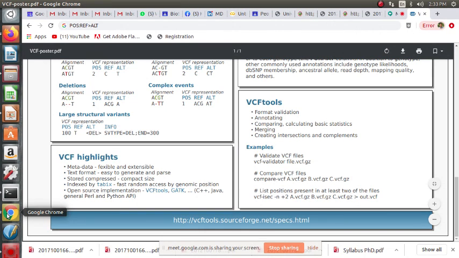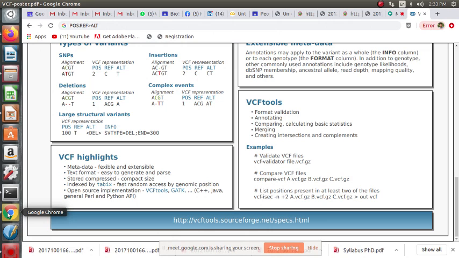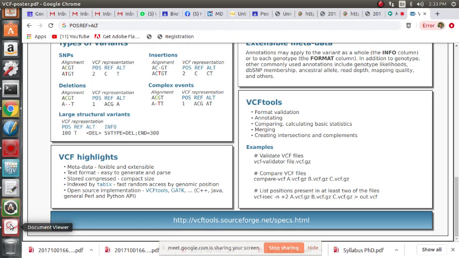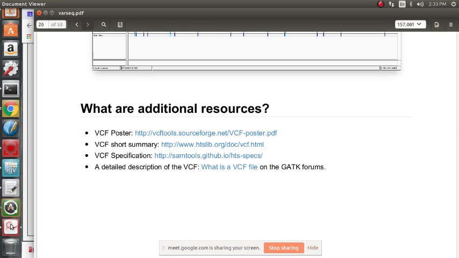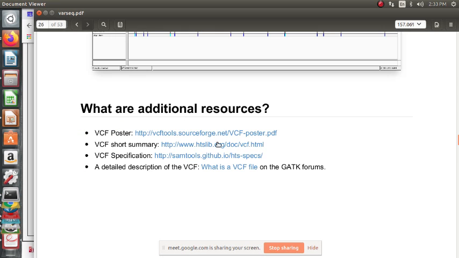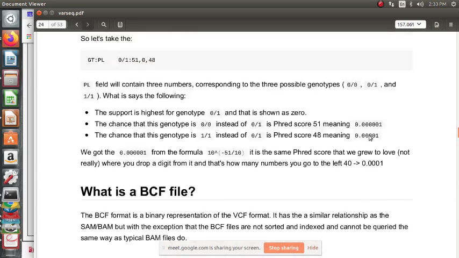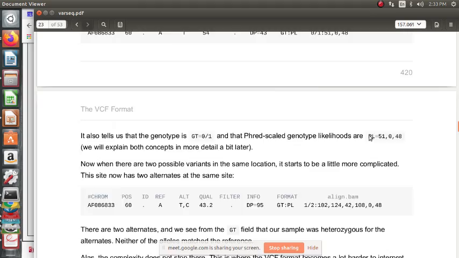Okay, at least 2 might require a lower limit of 1, right? So greater than or equal to 2 means greater than 2. So 3 is greater than 2. So we require at least 3 files to list the positions intersecting in at least 2 files. So if it's at least 1 file, we require 2 files. If it's at least 2 files, we need 3. If it's at least 3, we require 4. Okay, and for the VCF short summary, you can refer to this. And coming back, these are usually the same datasets we discussed previously.